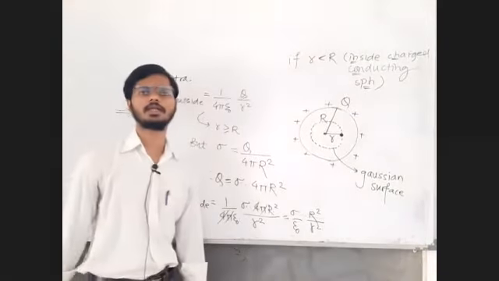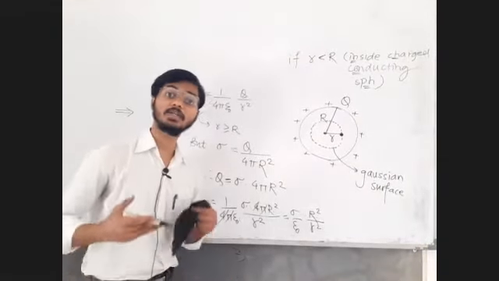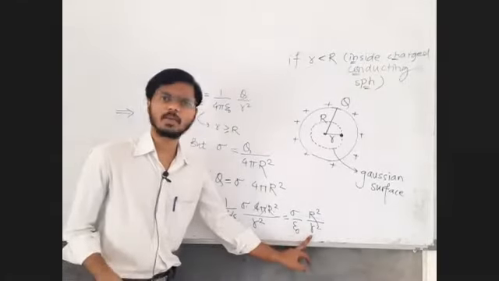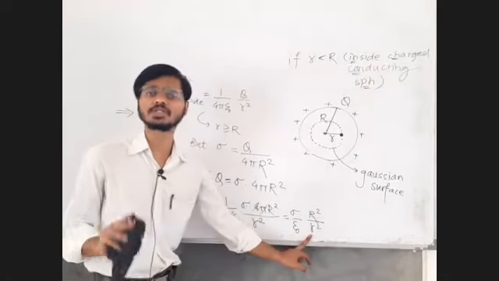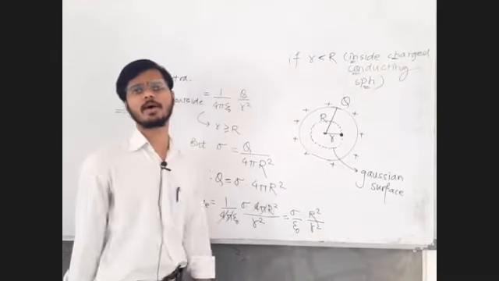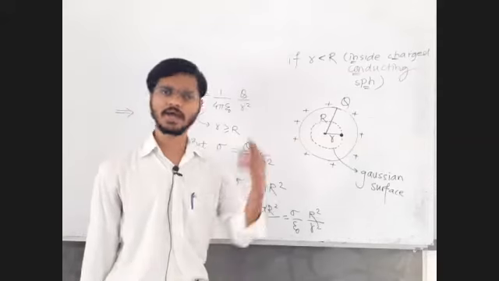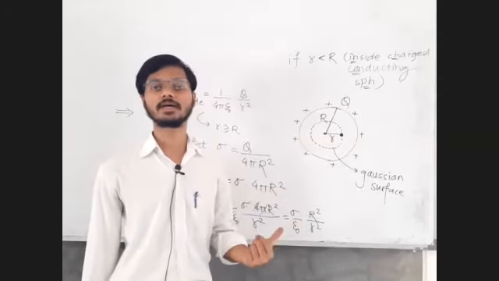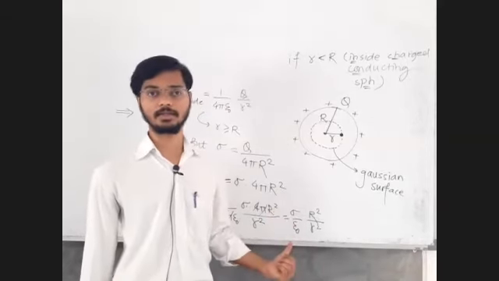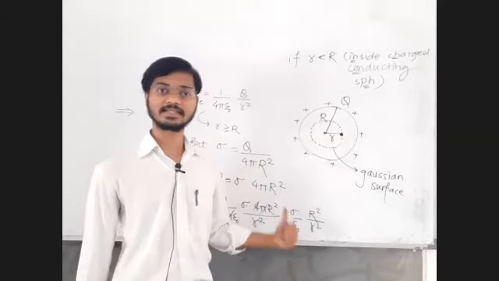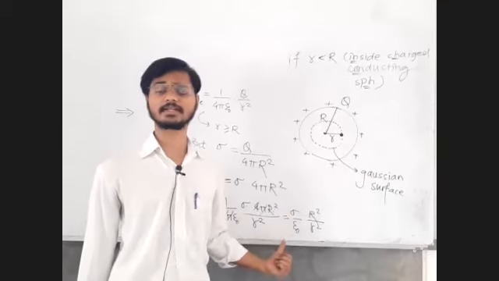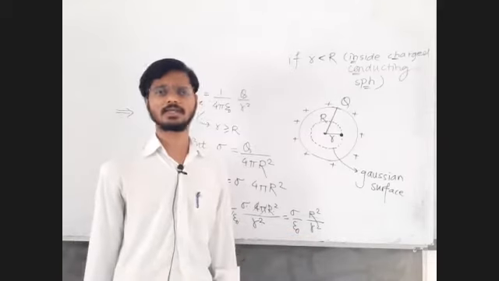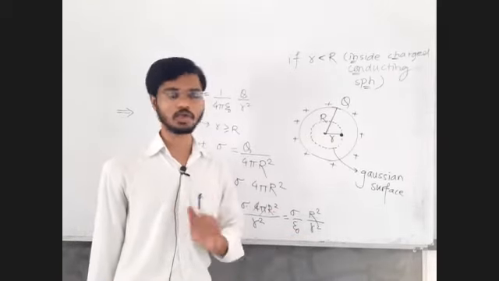If the value in the denominator is capital, then I will use the word capital. Right now, the value in the denominator is small r, so I will not use the word capital. I will simply say sigma upon epsilon 0, R square upon r square, so I know internally that the r square in the denominator is small r. Why am I saying R square upon r square? Is it not 1? No, it's not 1.